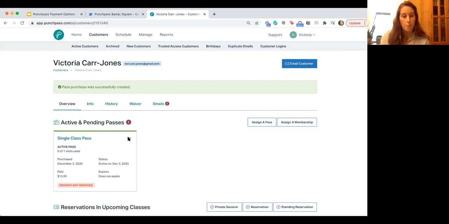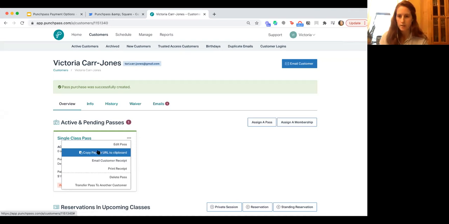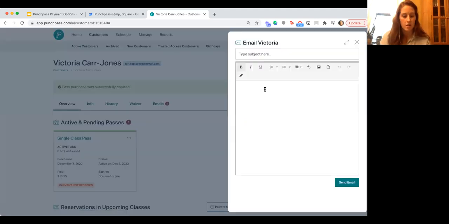So now we have a pass that's on their account, but we haven't received payment for it. One of the nice things that we have to offer, though, is if you click on the three little dots, we have what's called a pay link. And the pay link is basically a URL for invoicing. So we can go ahead and email this customer and say, your last attendance was unpaid, click here to pay. And then you can add that pay link. And just so you know what that looks like,